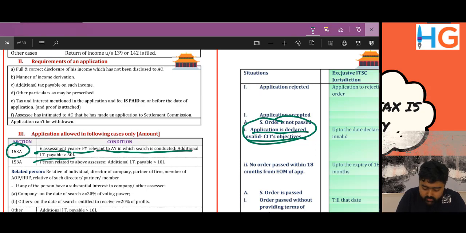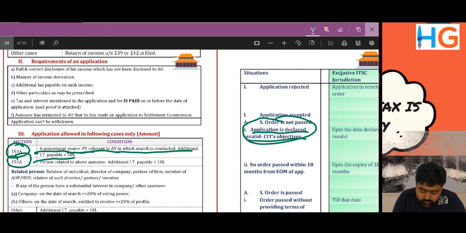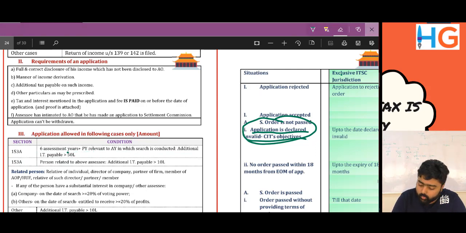So in case of 153A, search and seizure notice is issued only if the tax payable is more than 50 lakhs, then only the assessee is allowed to go to the settlement commission. So this section on settlement commission is for rich thieves. Other cases, 10 lakh.